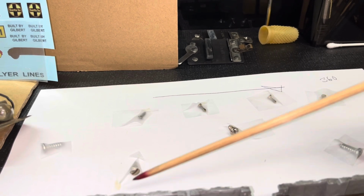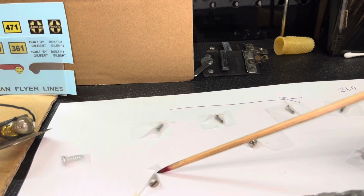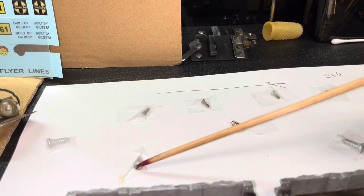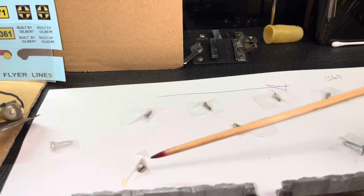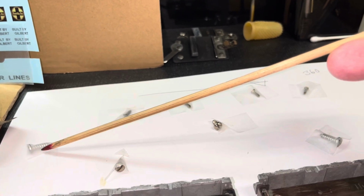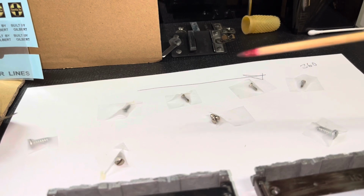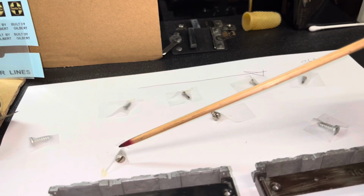These appear to be, I believe these should be S230 or no, S319s, which are typical for these, but they have a shorter shaft on them, and leads me to believe that maybe the ones at the end were not gripping, so the owner changed them to these. Not a bad idea. What I have found time to time that helps me to get these screws to reseat